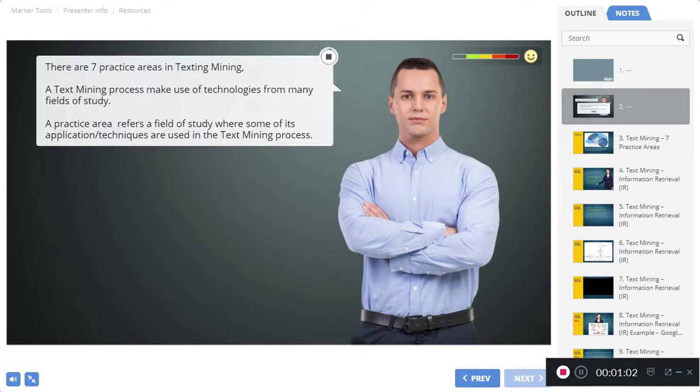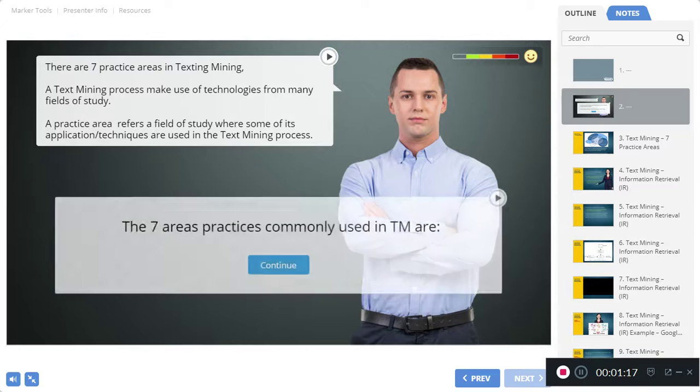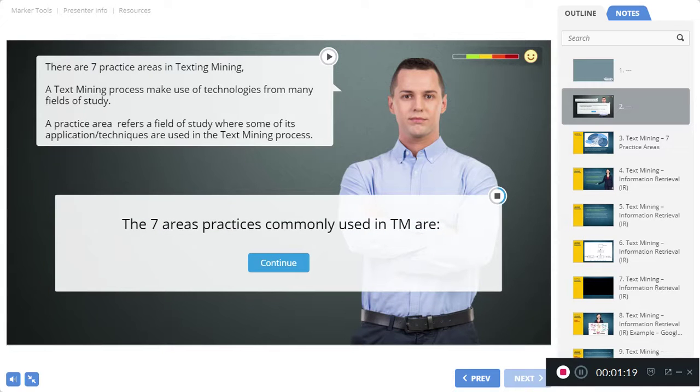There are 7 practice areas in text mining. A text mining process makes use of technologies from many fields of study. A practice area refers to a field of study where some of its applications or techniques are used in the text mining process. The 7 practice areas commonly used in text mining are: